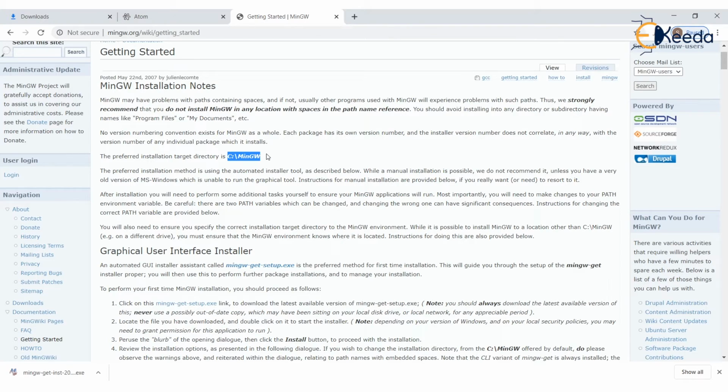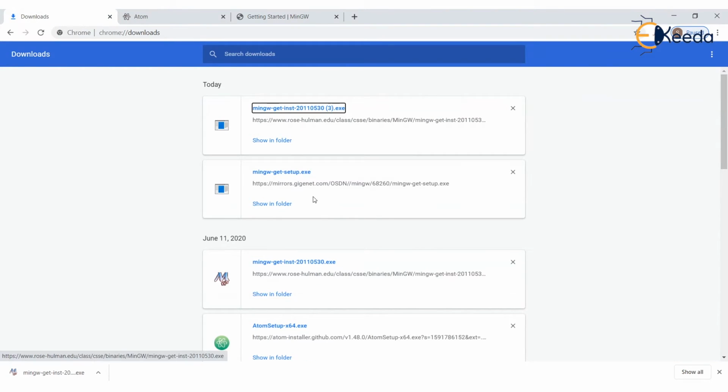Why I'm saying this is because many of you might be thinking that some software should be installed in program files, but mingw needs to be in the root directory of C drive. So it will show this option and never change it. Okay, I have already downloaded it. Let's go to download folders, and this is the one, mingw-get-setup.exe. I just executed it, and I installed this.